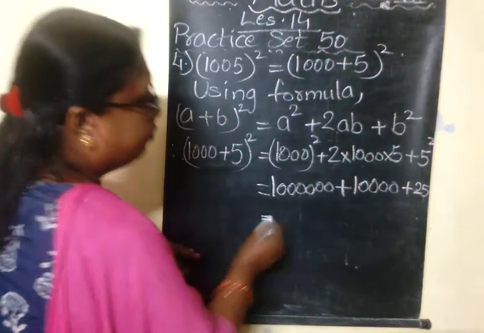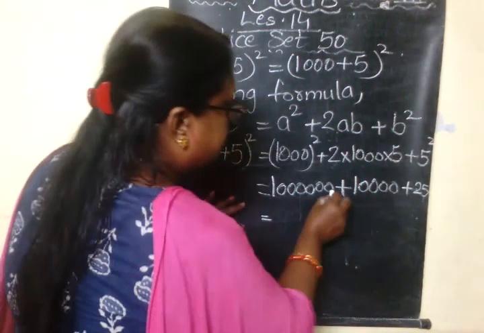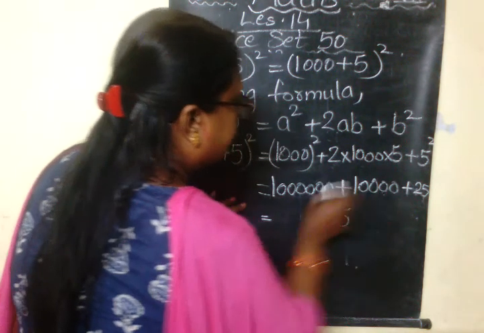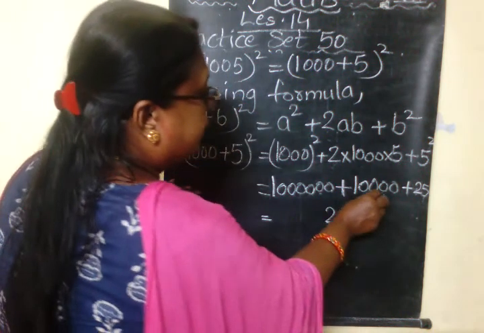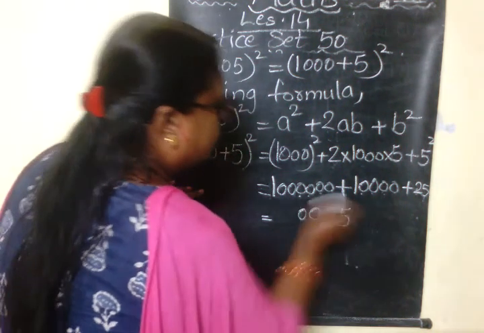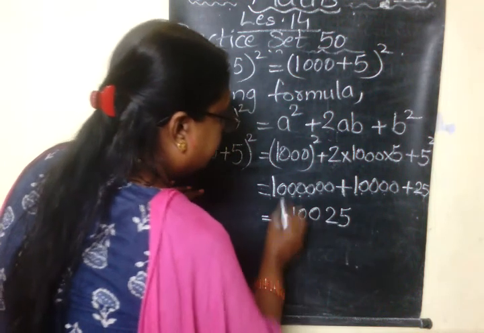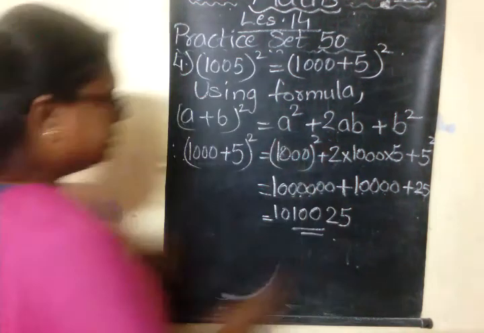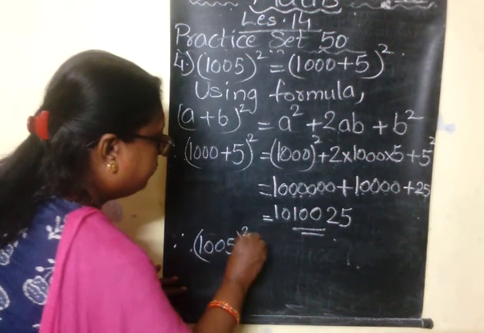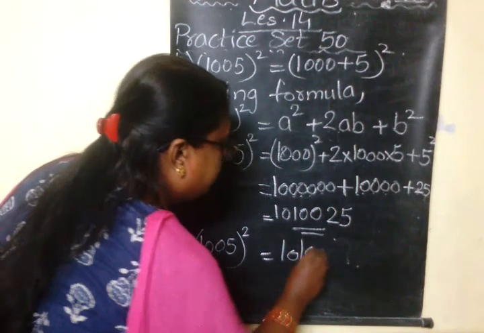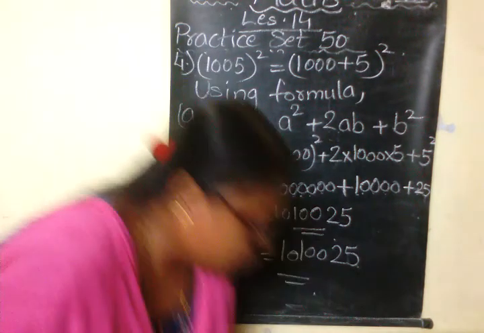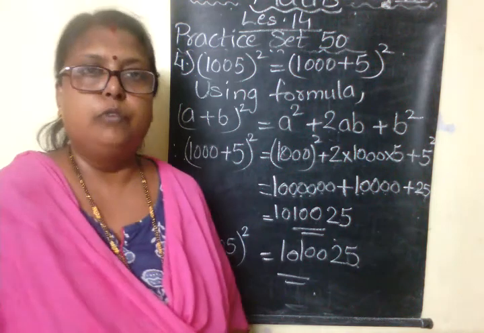So this calculation will give me 5 plus 0 plus 0. Addition you can do directly. 5. 2 plus 2 plus 0 plus 0 gives 2. Then the third one, 0 plus 0 is 0. 0 plus 0, 0. Then 1 plus 0 is 1. And then there is 0 and 1. So your answer is this. Therefore, 1005 square is equal to 1010025. Very simple manner you can solve these sums using the expansion formula.